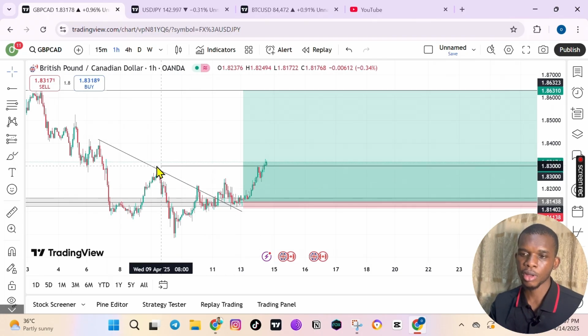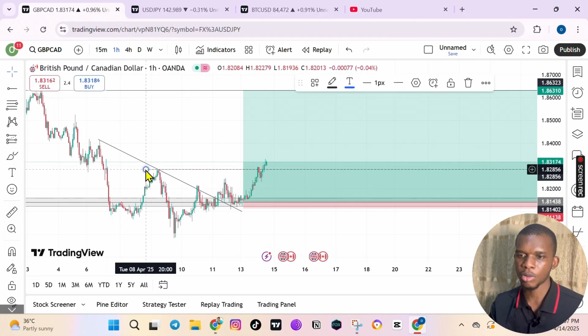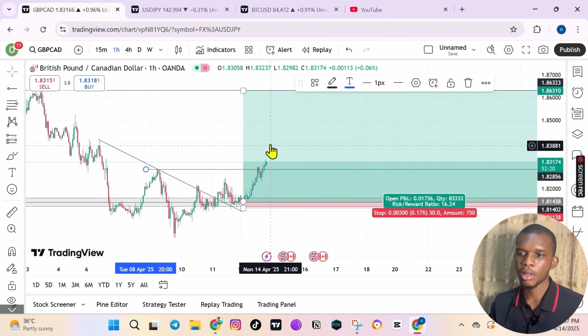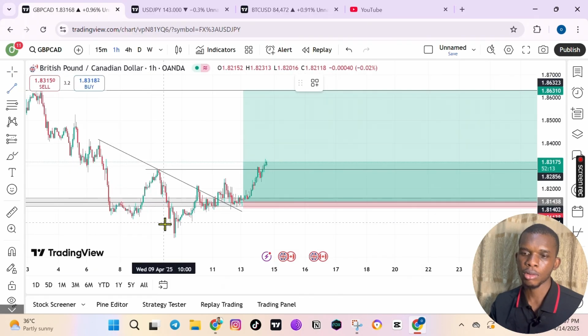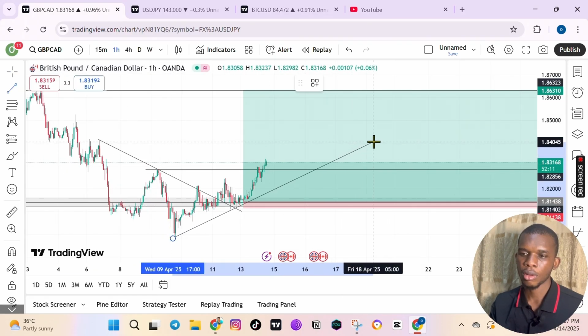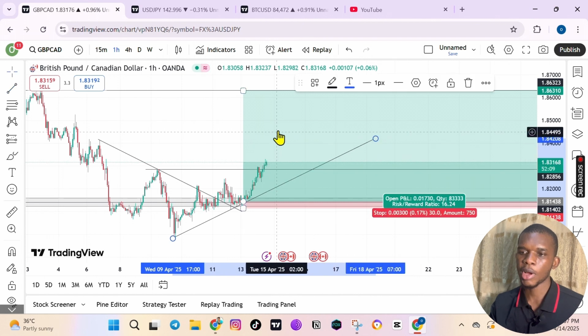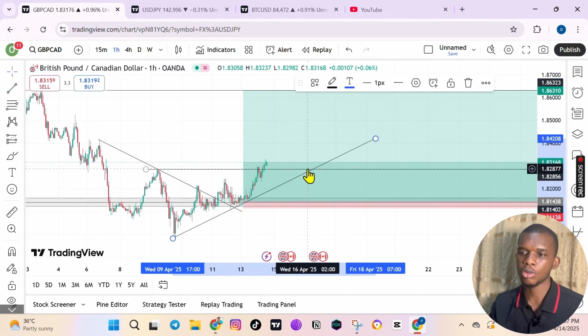Now for those that missed here, there's another place again, which is this particular area, right? The market can go up and still retrace back to this area, right? Or you can even pull up your trend line. You can pull your trend line like this. Okay, now markets can go up and retrace back to this particular trend line,